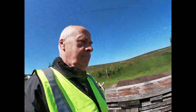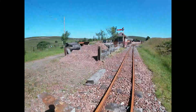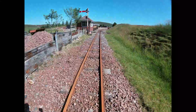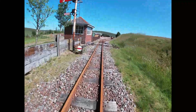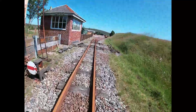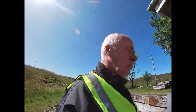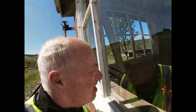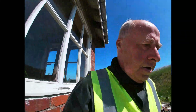I'll walk along the lines. Looking at the actual railway lines, I don't think they've had a train running on here for a while. They're all rusty. Here we've got the old signal box. So yeah, this would have been used commercially years ago,